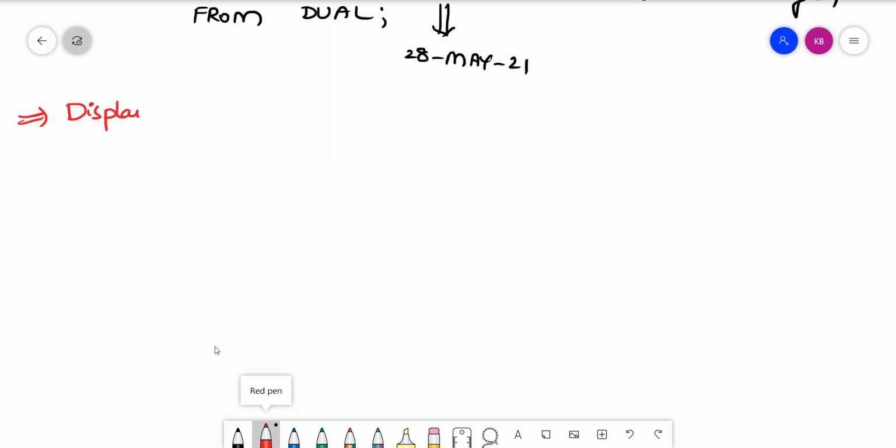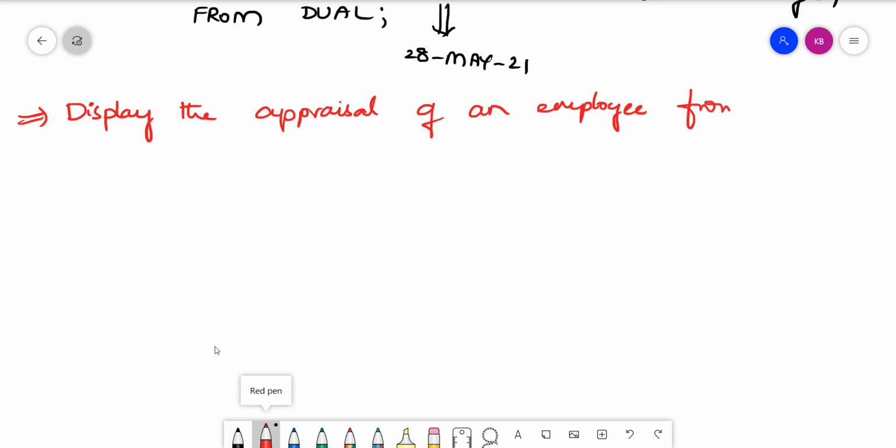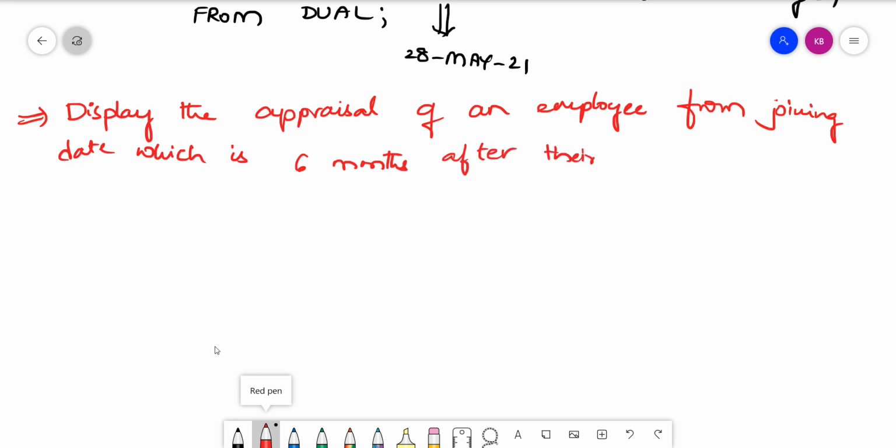So I wanted to display the appraisal of an employee from their joining date, which is 6 months after their joining, and it should be Monday.